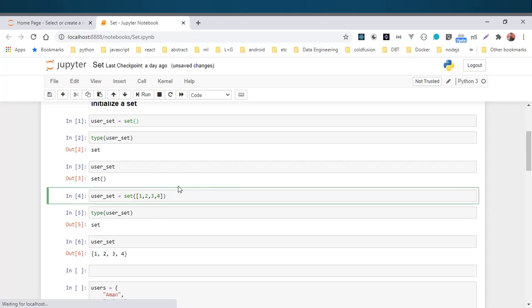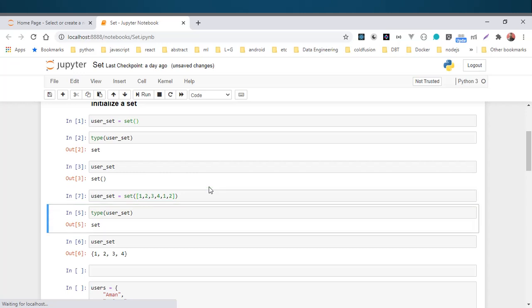Let's assume this list has some repetitive items, 1 repeating twice and 2 repeating twice. If I execute this and print the user_set, it will only display unique values from that particular list. So a set can have only unique values, no duplicates, unlike list and tuple.